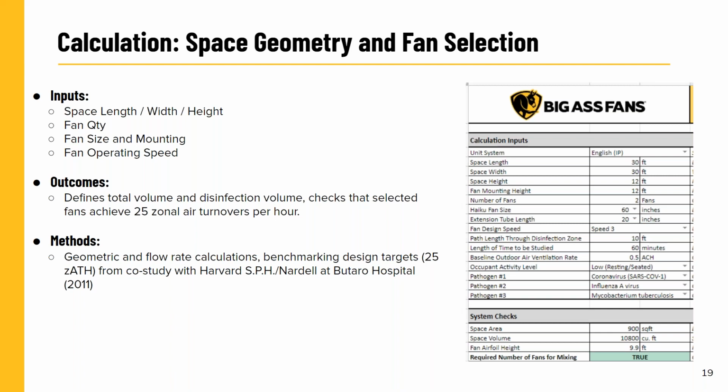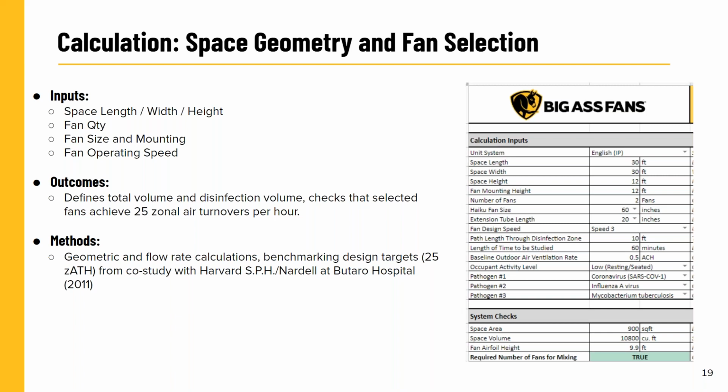We take in the space details. We even need to know things such as the behavior of the occupants, meaning are they laying down taking naps on cots, or are they in a gym with a very high respiratory rate working really hard? We also can take into account existing HVAC systems, whether or not you have 2 ACH or 1. We can also take into account the number of infected sources. If you're in a particularly high positivity rate area, and maybe my default is to assume 1 infected source, but you want to see what your risk would be if there were 3 infected sources, I can take into